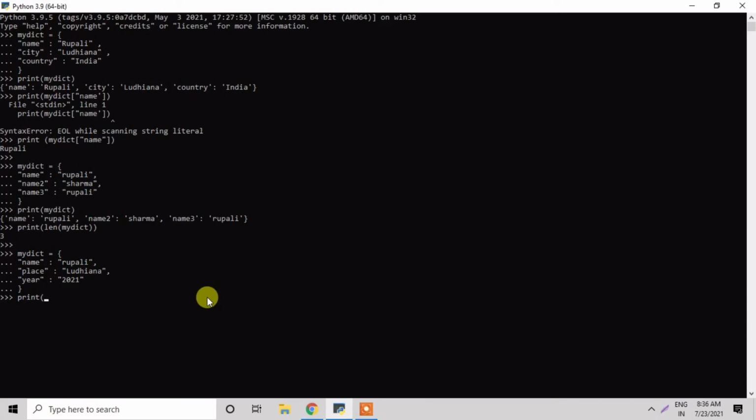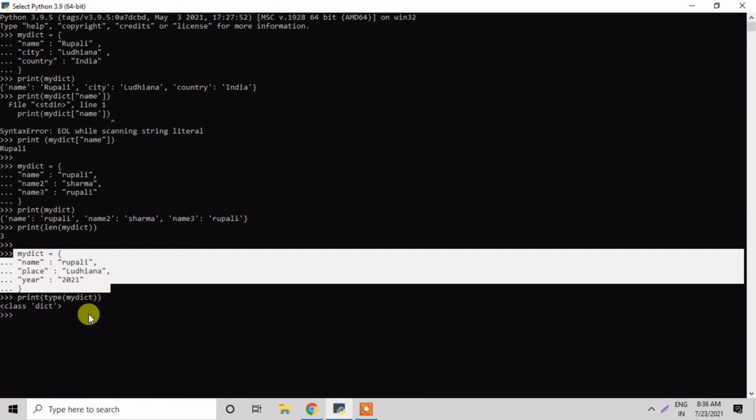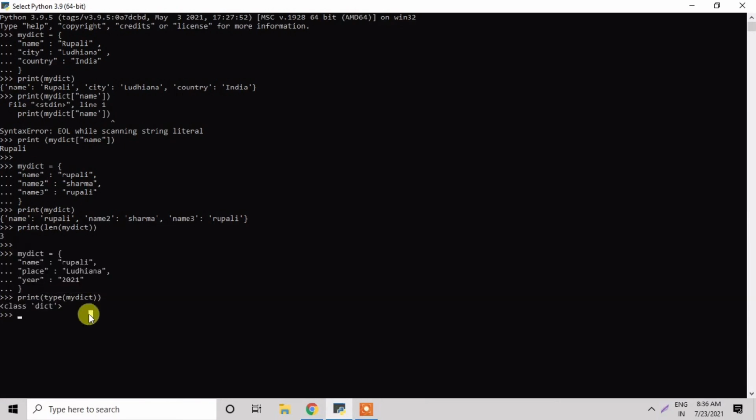I print the type of the variable myDict. The type is class dict, that is class dictionary. This is how we can use type with dictionaries in Python.